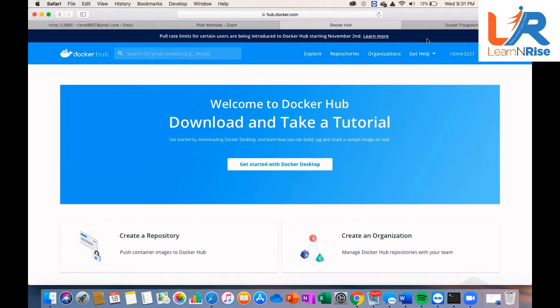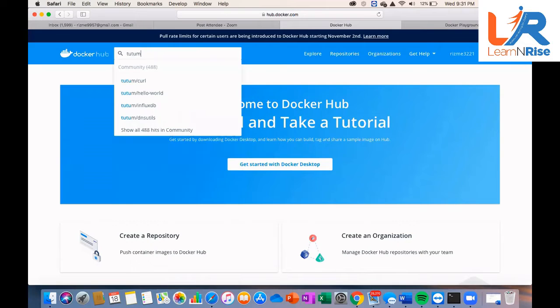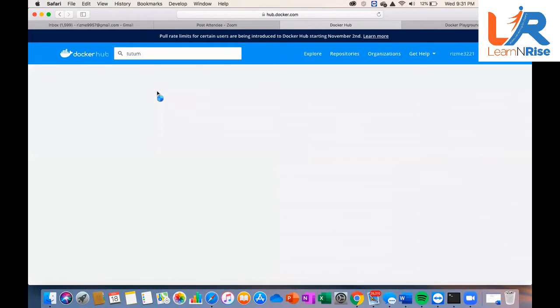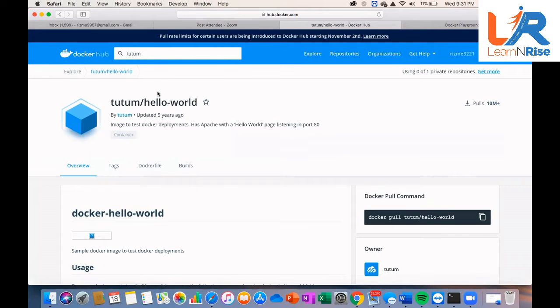It's one of the users. Now you see there is something called hello-world. Click that one. This is a sample image that has a web server and a very small code.